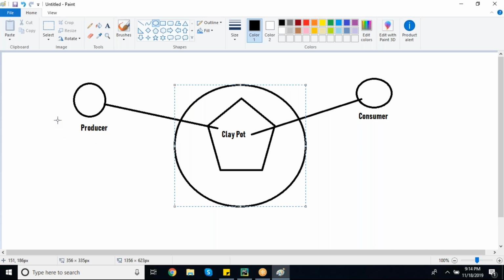If producer is a function, he will come and occupy this clay pot. Function is just like a selfish component. When he occupies this clay pot, he will not give the chance for consumer. Consumer will keep on waiting until producer's work is done. Is that clear?